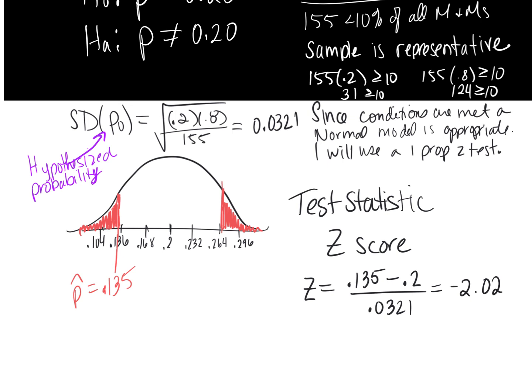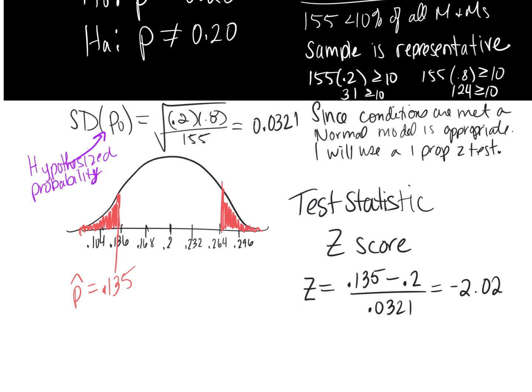And use your picture to help see if you have the right number here. This negative 2, we said it's just barely more than 2 standard deviations, right? So our numbers should reflect what our picture reflects. Okay, so that's just something you can use to help check to make sure you did